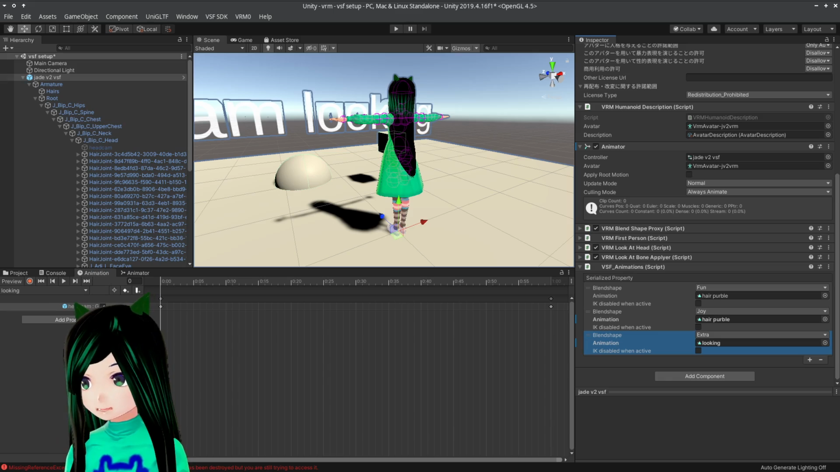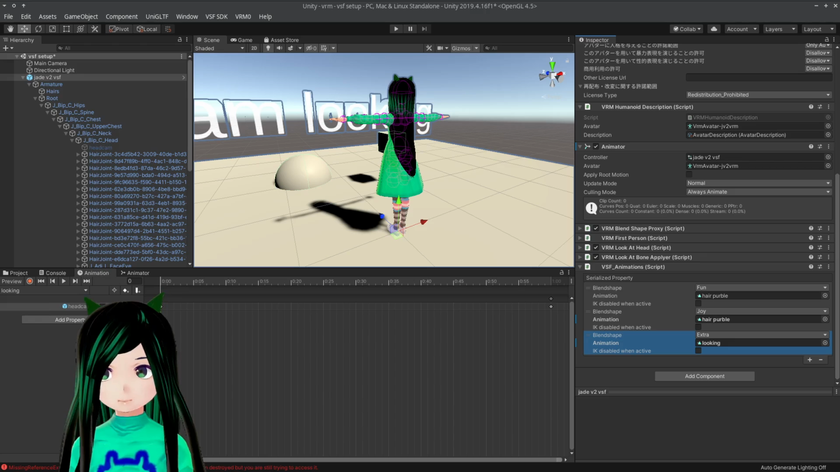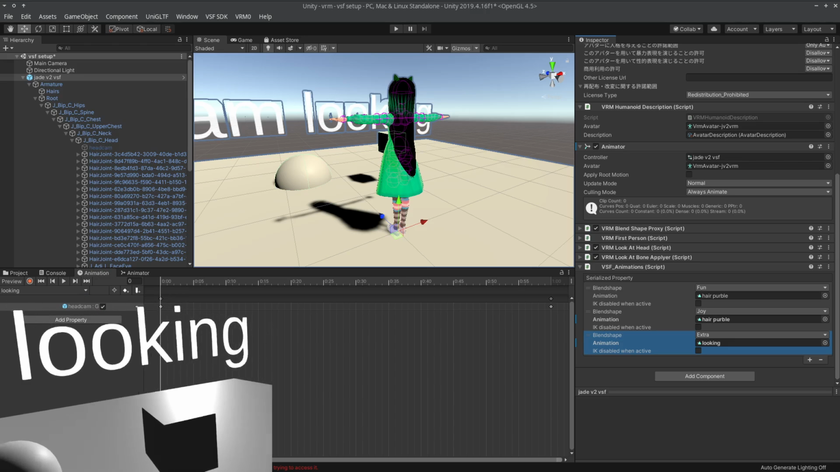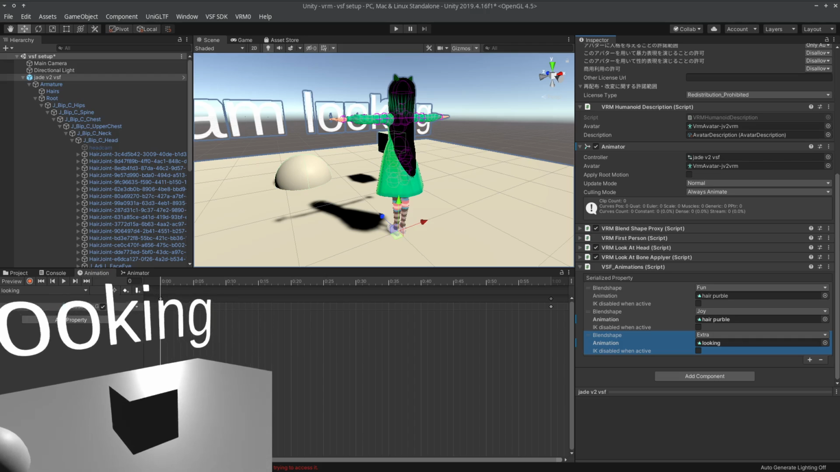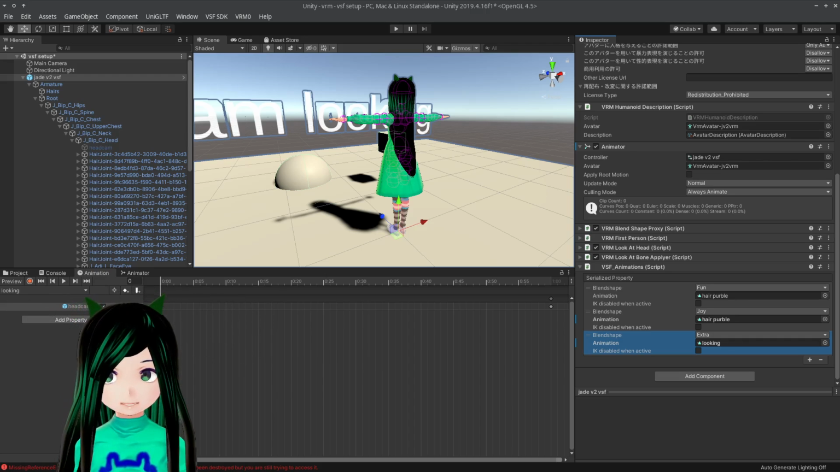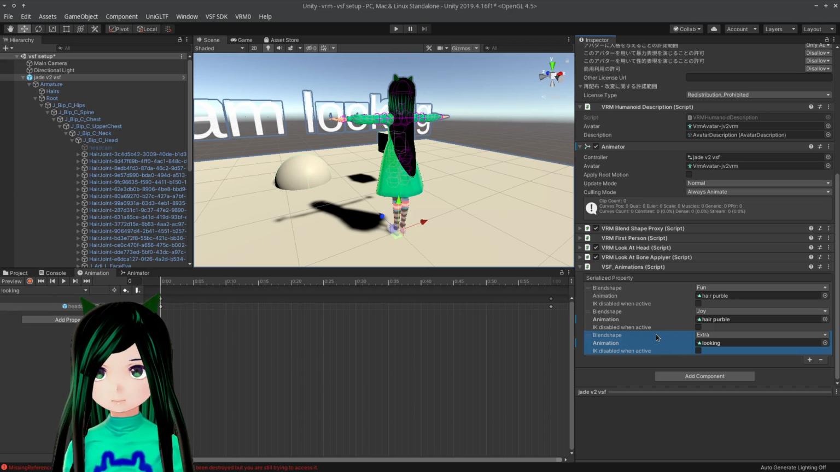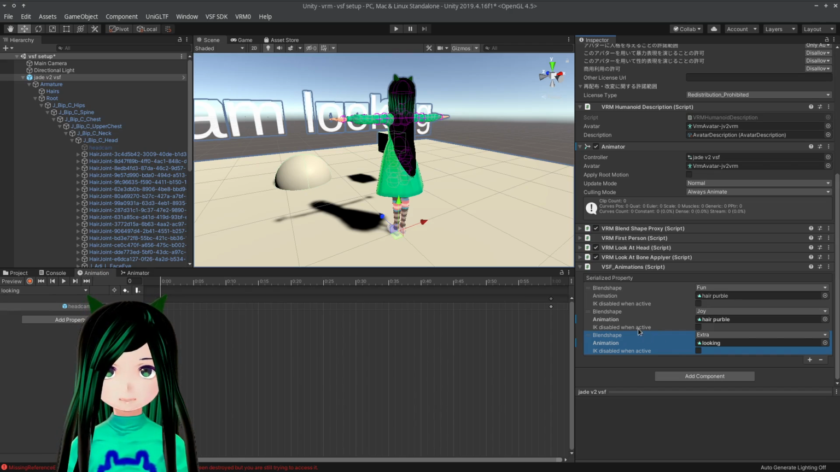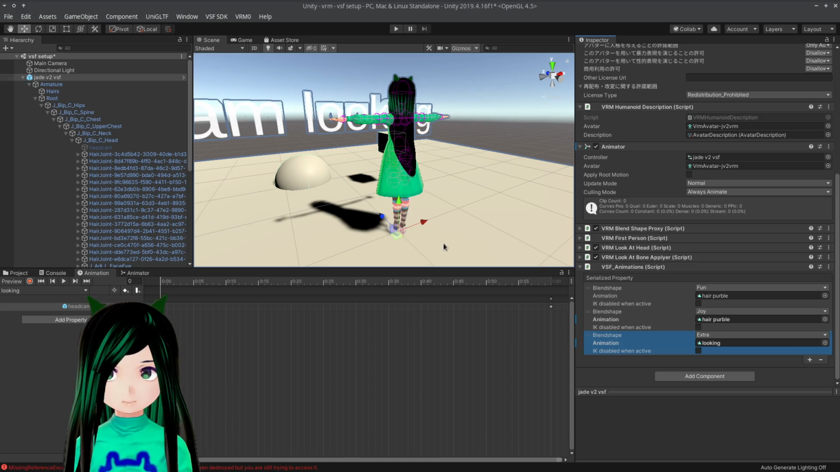The expression extra. So, if I activate that, whoa, do you look at that? Crazy. And that's actually me looking around, which I think that's really cool. It would be great if I had more time to set up an actual scene besides a cube, a sphere, and the text "I am looking." But